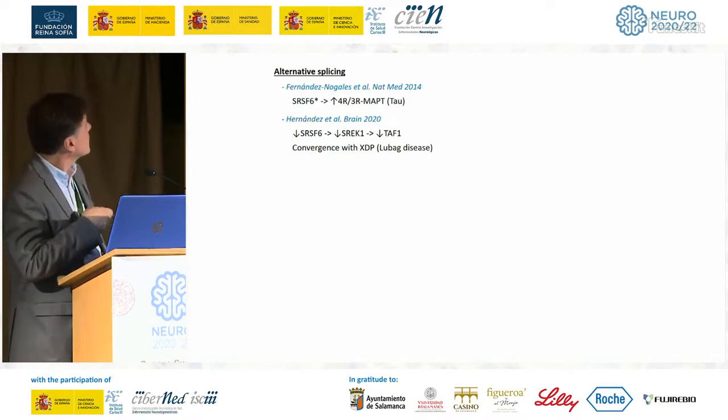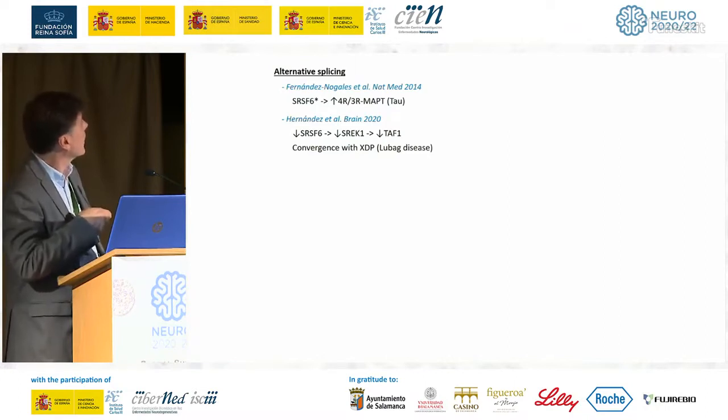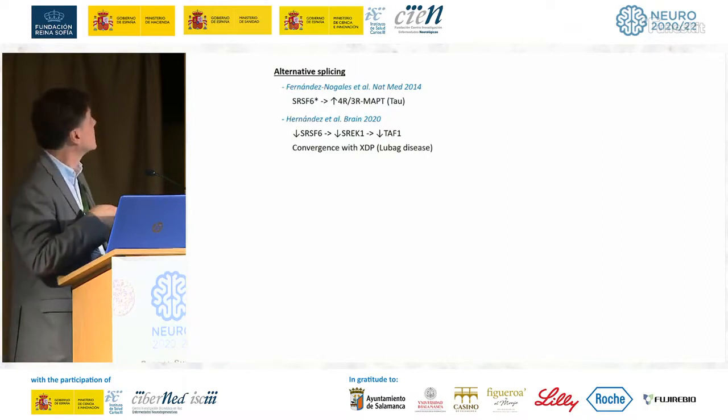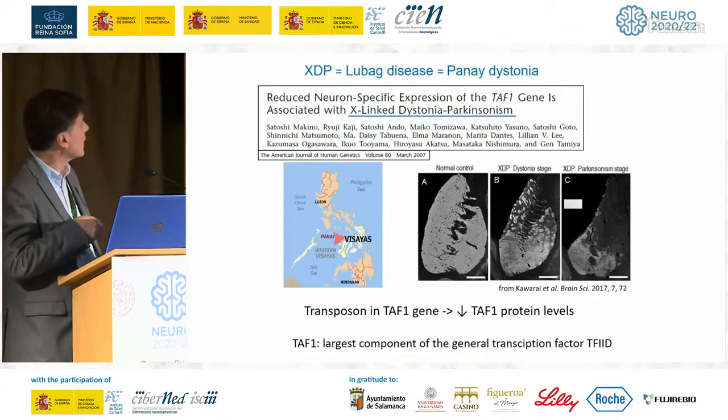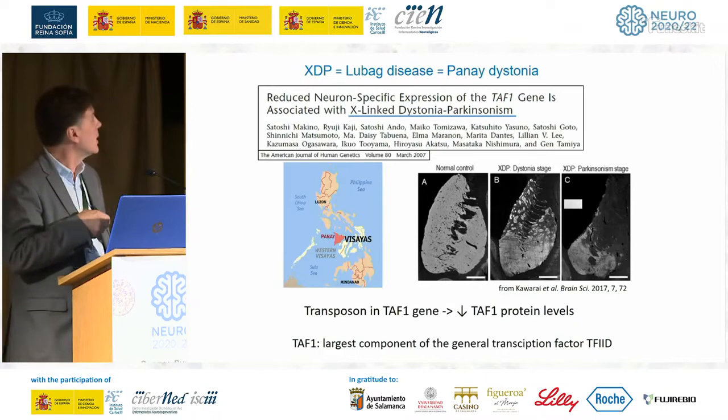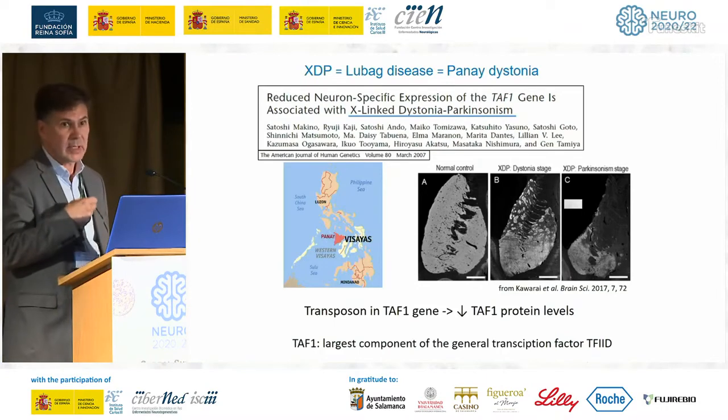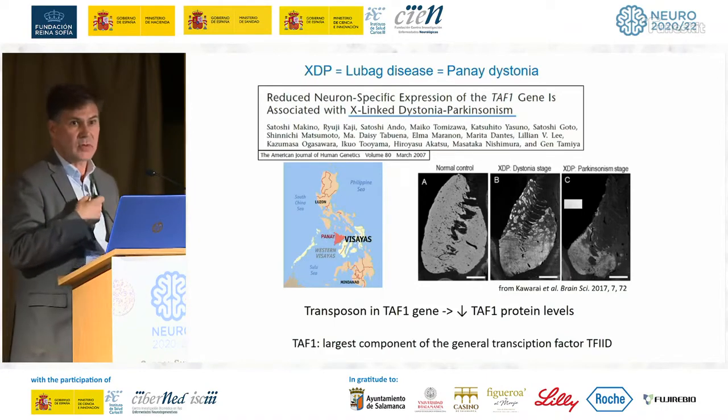And this was very interesting for us because one of the known or postulated targets of SREG1 was TAF1, and mutations in TAF1, particularly a retrotransposon insertion that results in decreased TAF1 expression, is responsible for a very rare